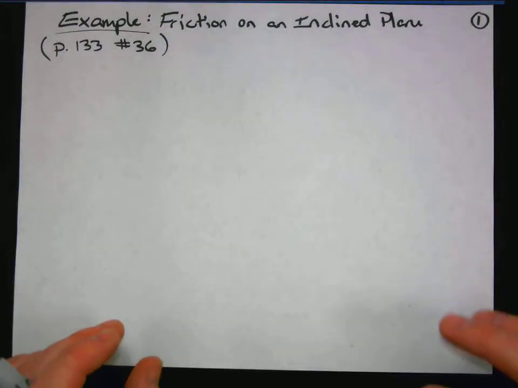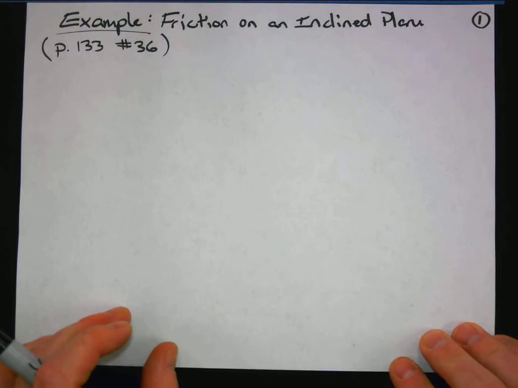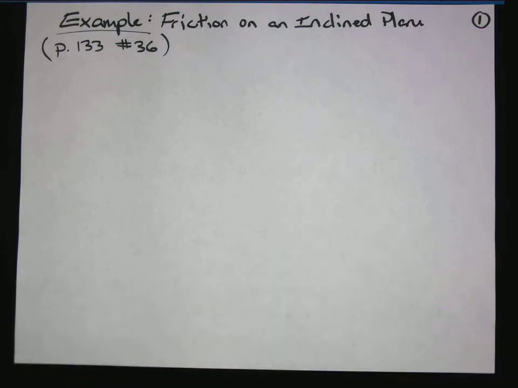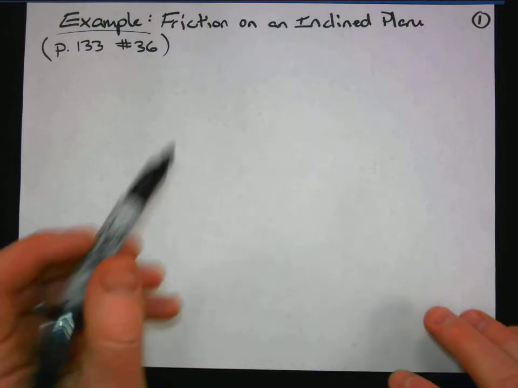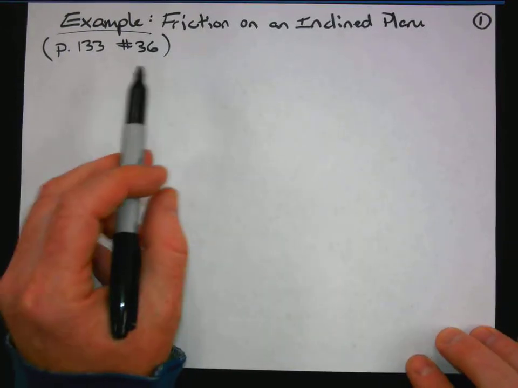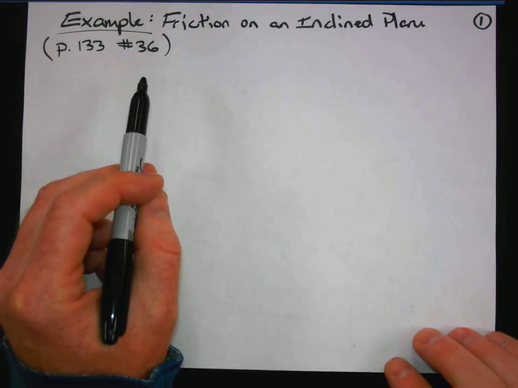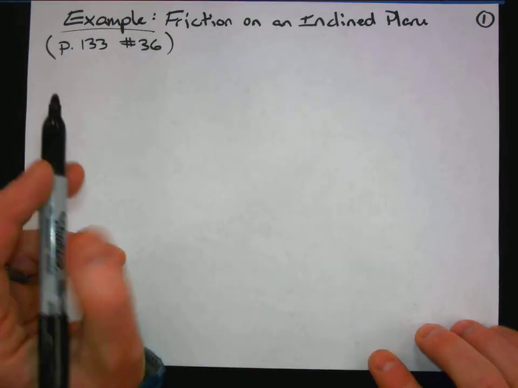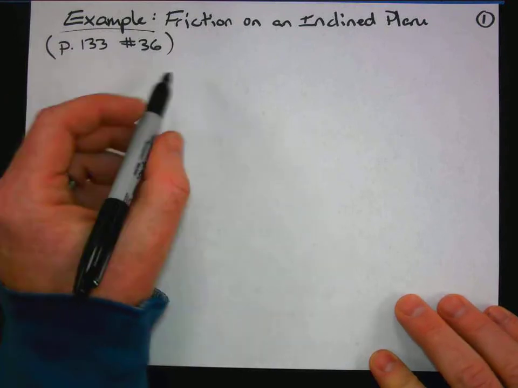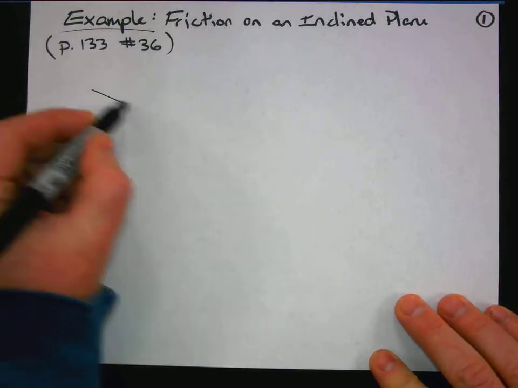Alright, ladies and gentlemen, in this video we're going to be looking at an example of how to solve a problem involving friction on an inclined plane. I'm using question number 36 from page 133, and this is from somewhere near the end of chapter 5 in our physics textbook. So the situation is we have a child named Fernando, and Fernando